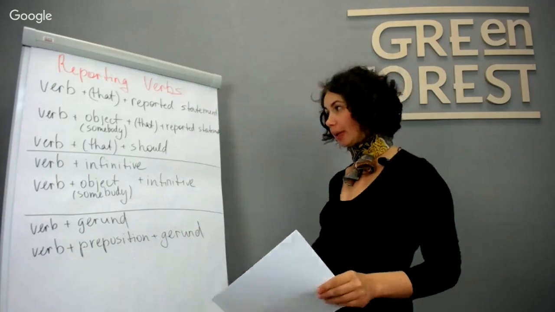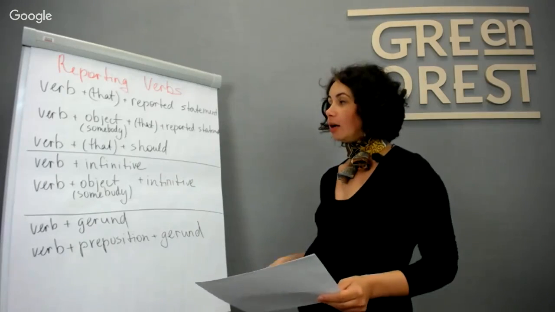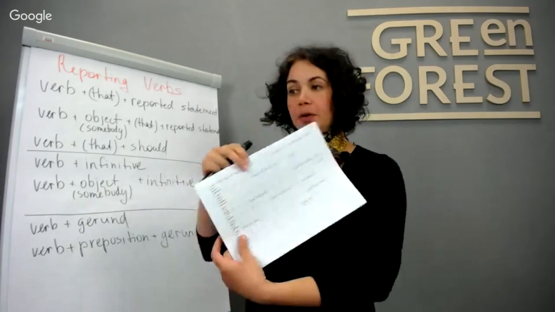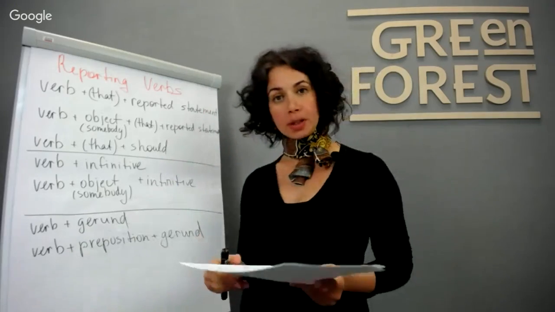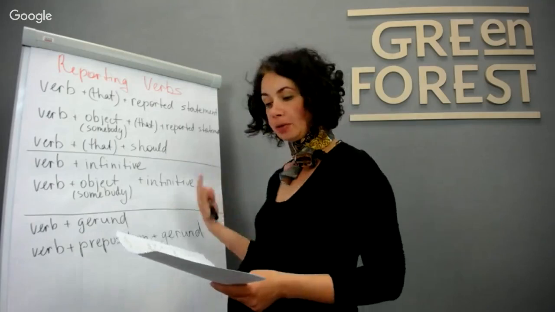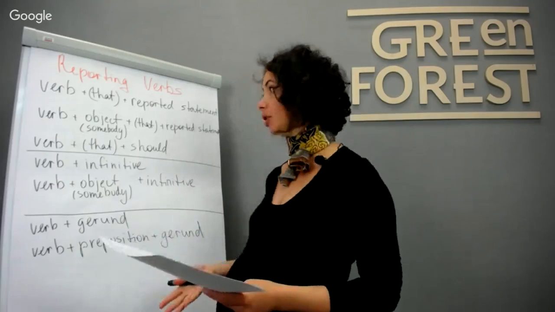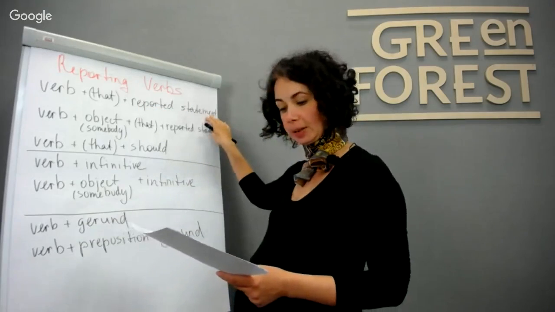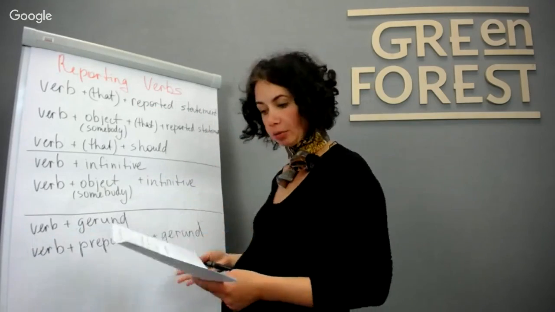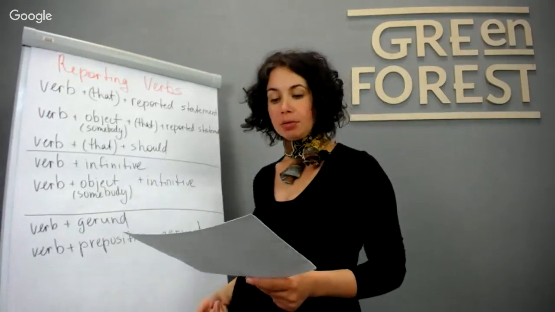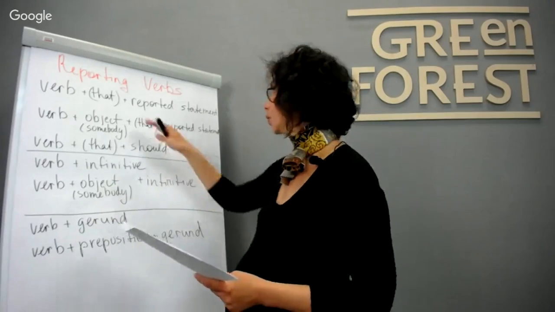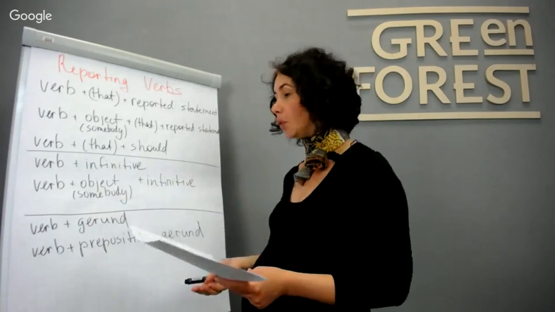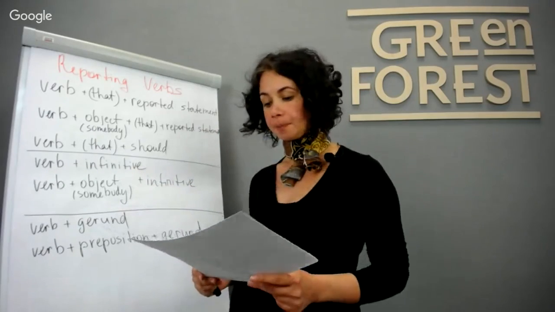We look at all these patterns. And some mixed reporting verbs can be used with more than one. If you look at my table, I will show it later on in the PowerPoint presentation. For example, we have admit, deny, and regret. They can be used with the first pattern, just reported statement, and also they can be used with gerund. Such verbs as agree, claim, and promise can be used again with the first one, just this verb and then reported statement, or we use infinitive after them.